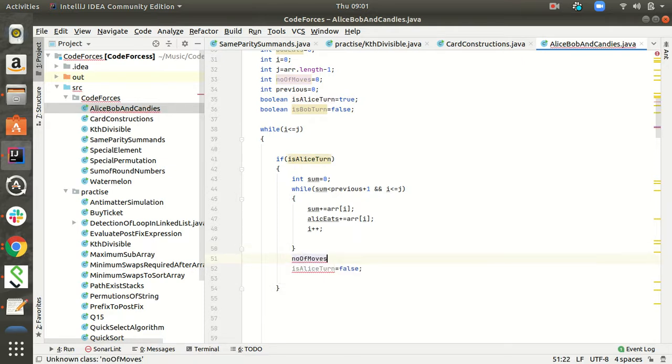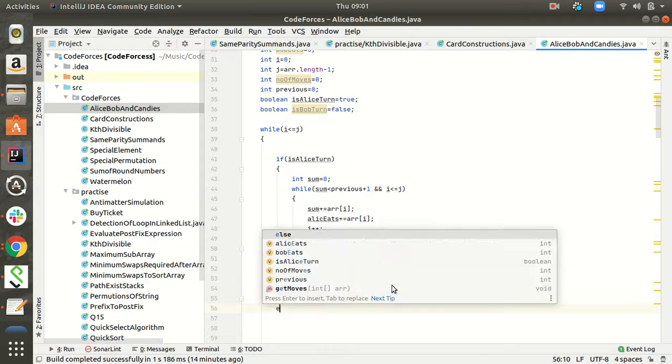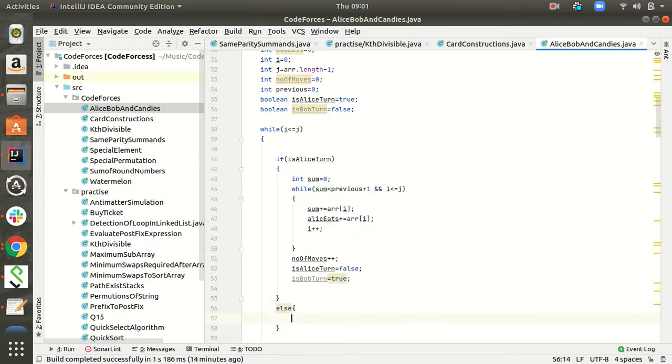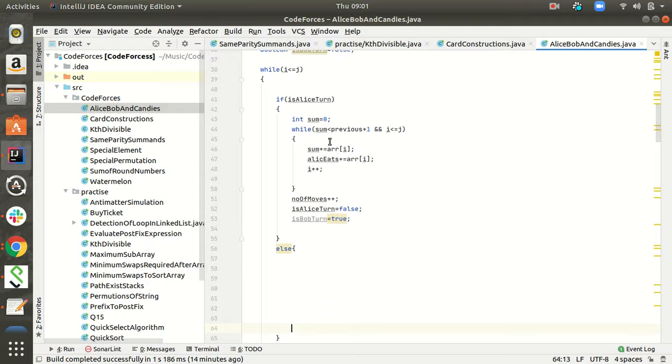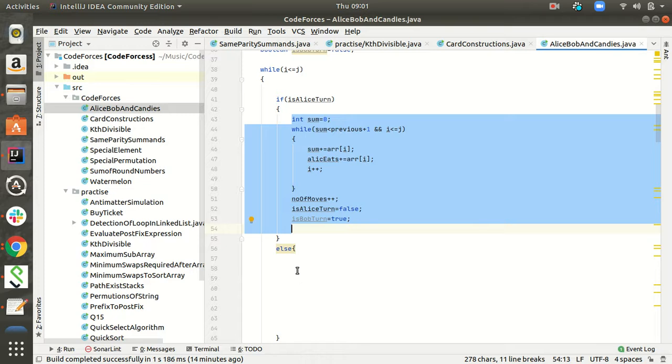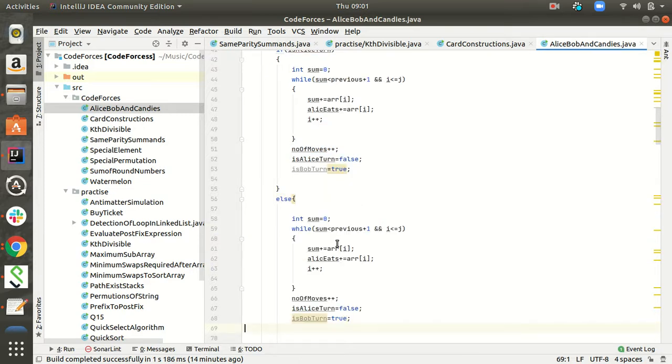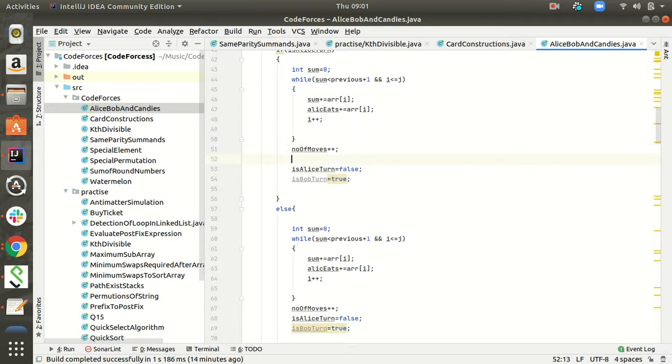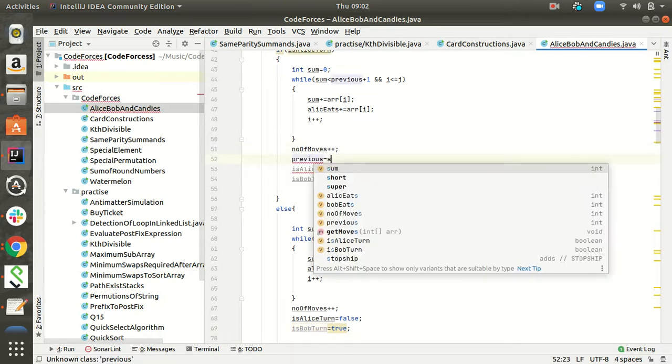Number of moves plus plus, isBobTurn true. So in the next iteration Bob's condition will be evaluated. We'll use the same thing over here as well. Sum is less than previous, so we need to set previous equal to sum.